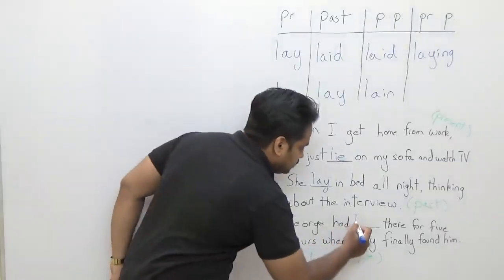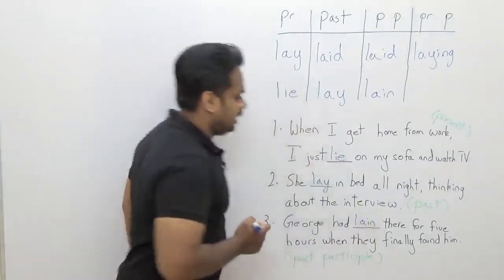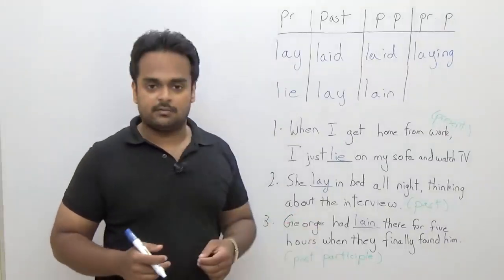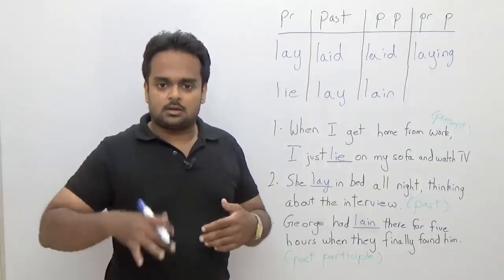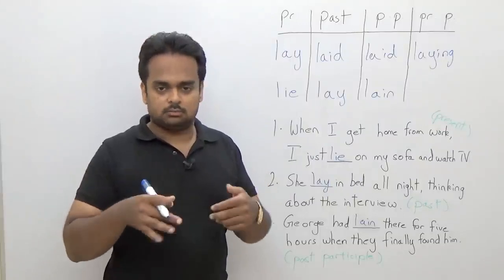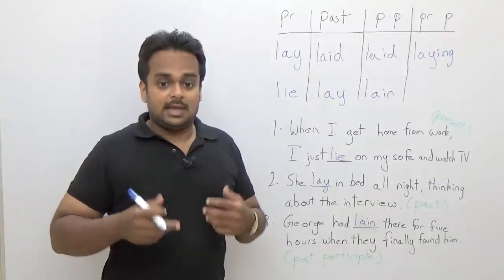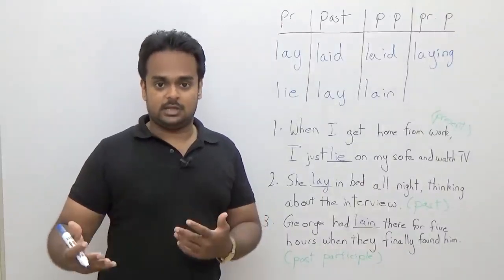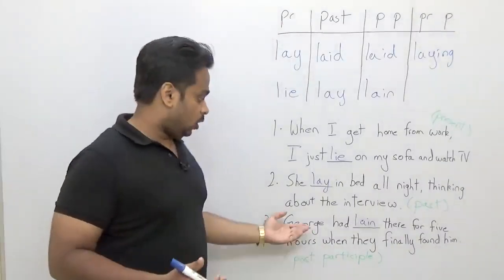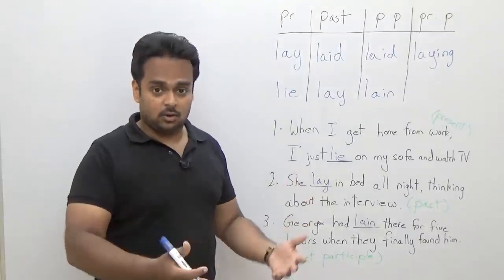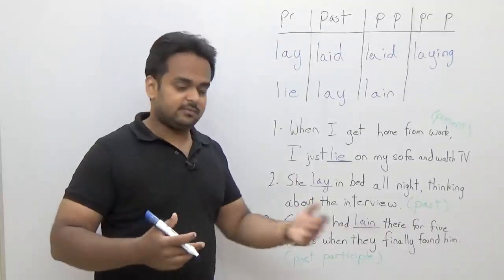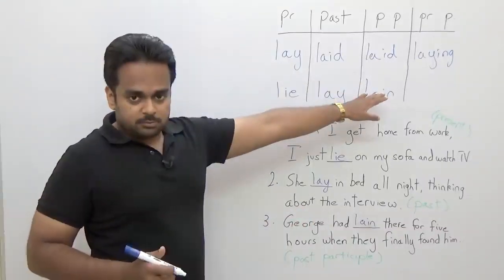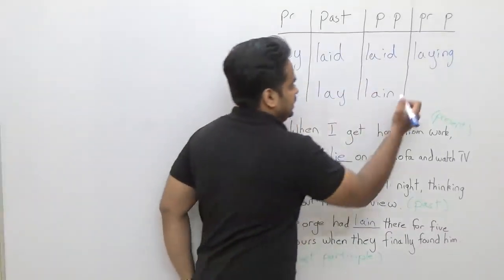George had lain there for 5 hours when they finally found him. So maybe George had a car accident. He was driving somewhere and he had a car accident, and the ambulance only came 5 hours after the accident. So George had lain there for 5 hours when they finally came and found him. All right, now the present participle form of the verb lie is